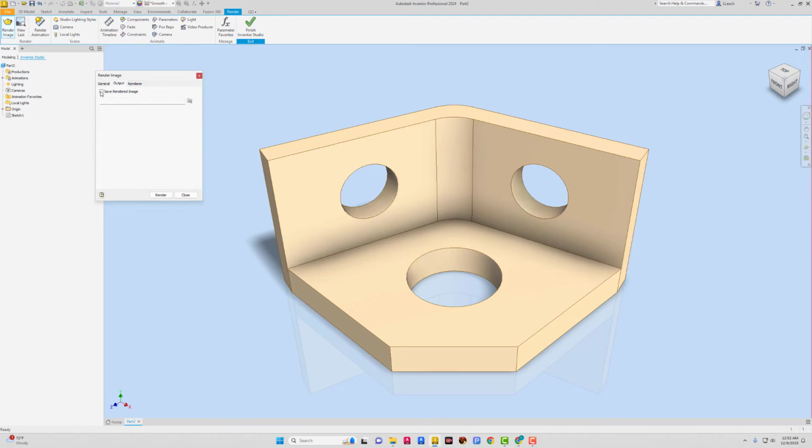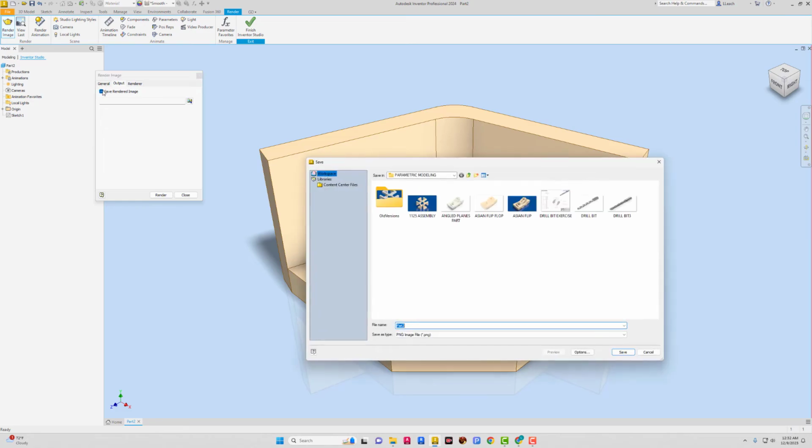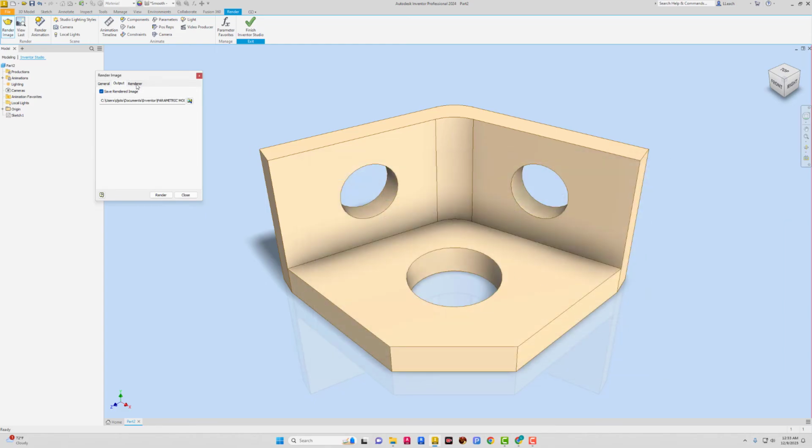I'm going to go to output, click save rendered image, and then you're just going to give this a name. So I can say this is 1143. And I think an important thing is where you see options, I'm going to click options. I'm going to change it from 96 to 300. And then I'm just going to click OK. And then for renderer, oh, let me save this first. Now for renderer,